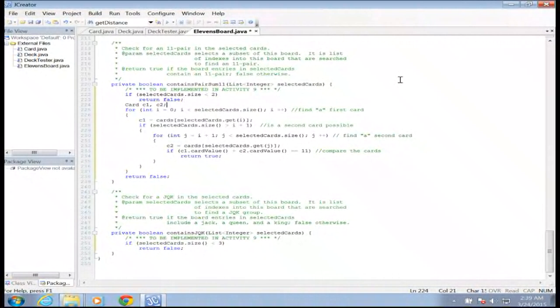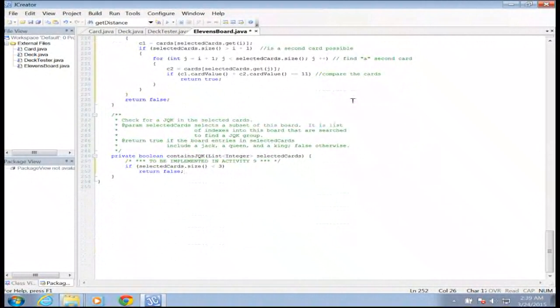It's probably a good idea to check it just for simplicity's sake. But if we get past this step and we know there are at least 3 cards,